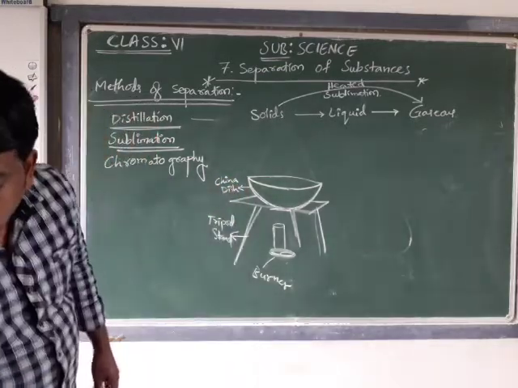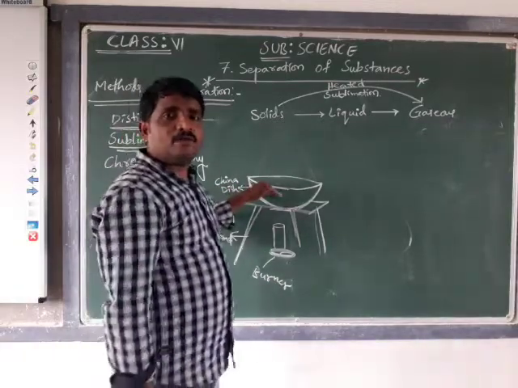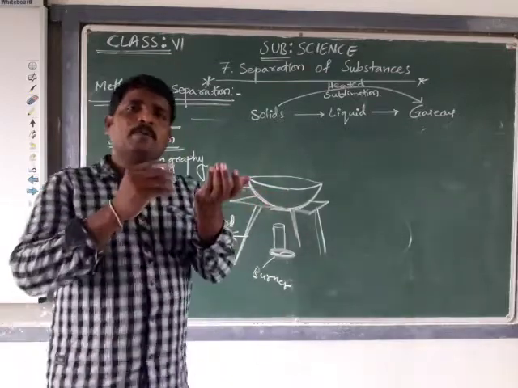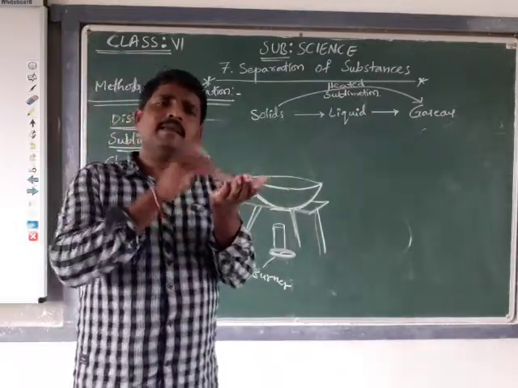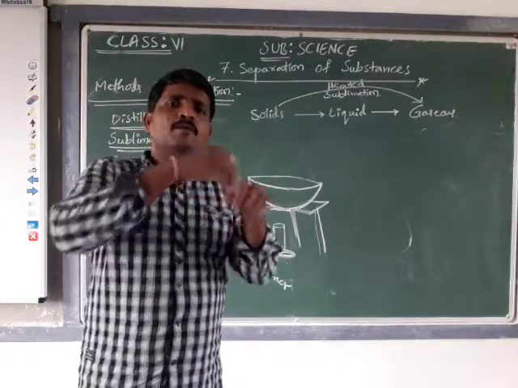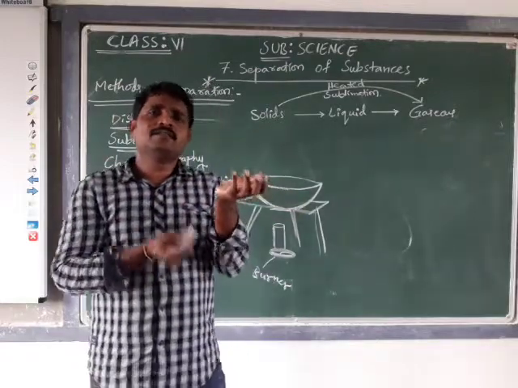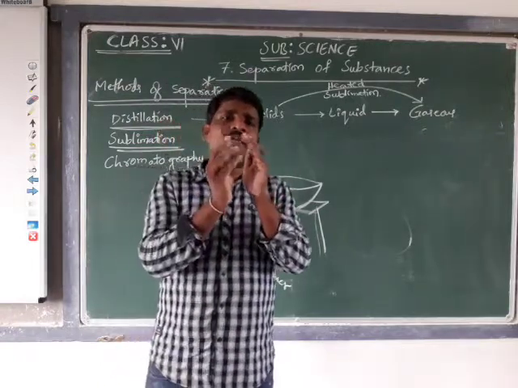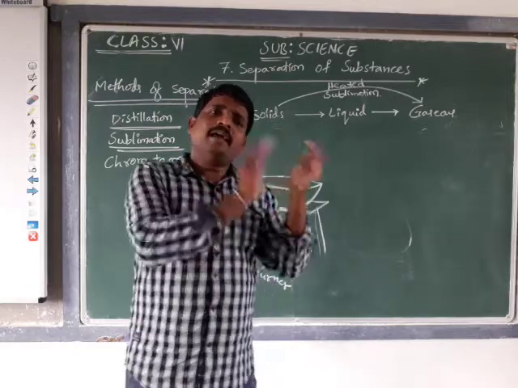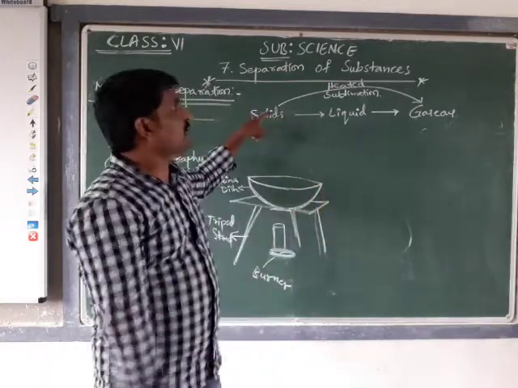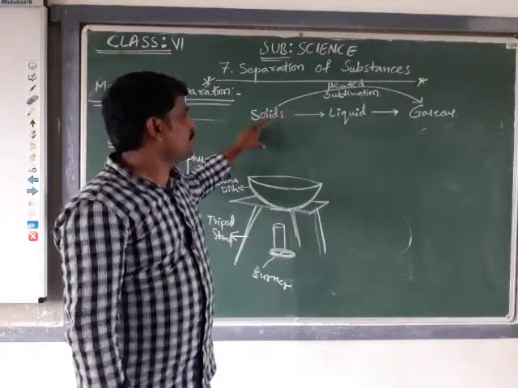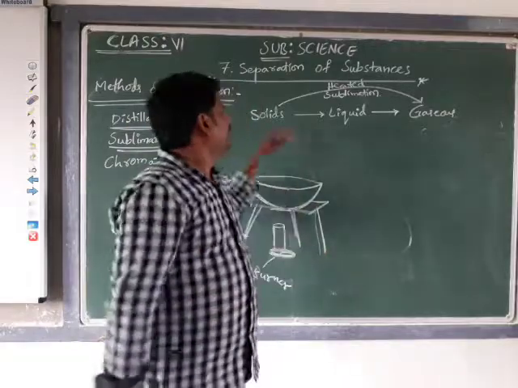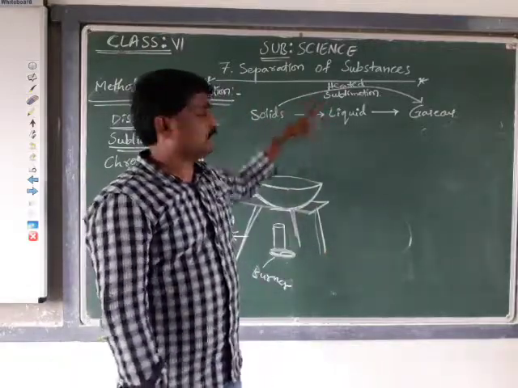Now in this china dish we have to keep the mixture of salt powder and camphor. Camphor is a chemical which looks like salt. If both are mixed, we cannot determine which is the camphor and which is the common salt. Now we want to separate the camphor and the salt by the process of sublimation, and we are going to discuss here how sublimation is useful to separate them.